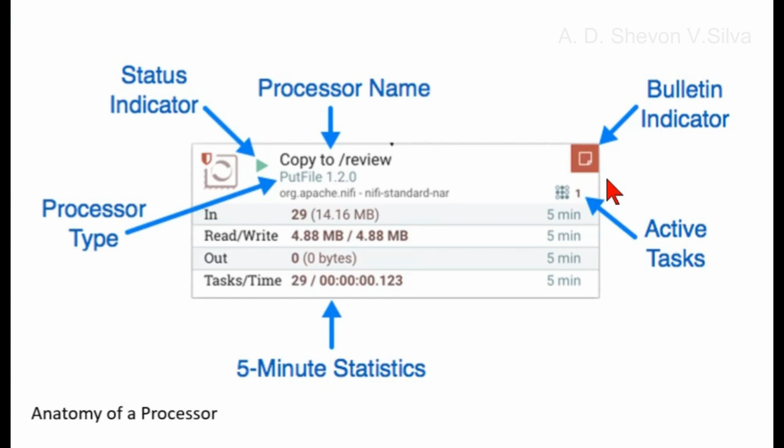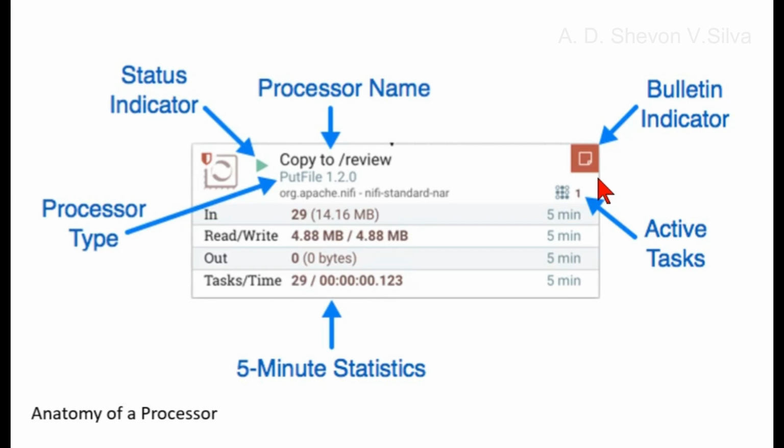The DFM is able to configure which bulletins should be displayed in the user interface by updating the bulletin level field in the settings tab of the processor configuration dialog. The default value is warn, which means that only warnings and errors will be displayed in